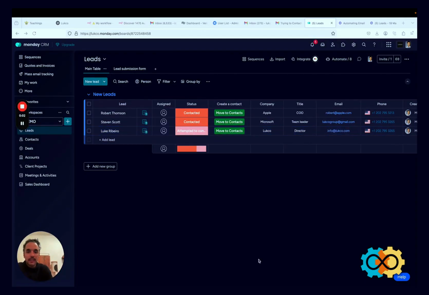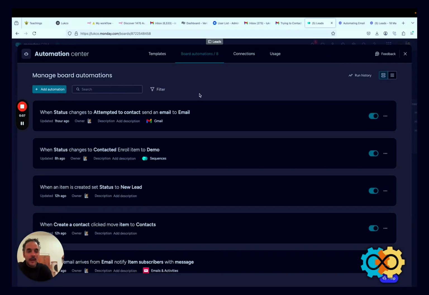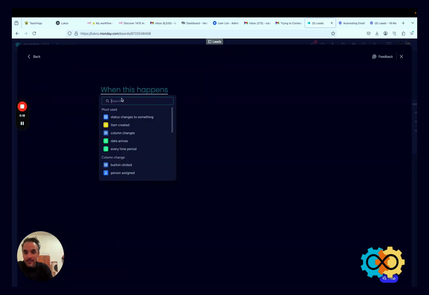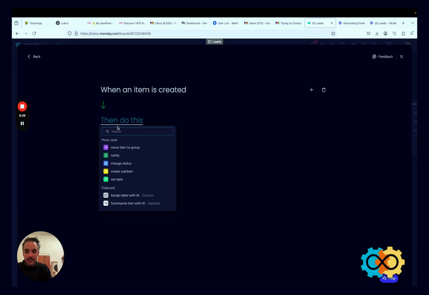So I just wanted to quickly go back to the Automation Center just to review all the different kinds of triggers that we can set up once again. So let's just go to Add Automation, and then of course we know when status changes to something. This is what we just went over. When item created, when a new item is created, whether it could be a new lead or a new client or a new email subscriber or whatever, you can send out a particular email. When item is created, then send